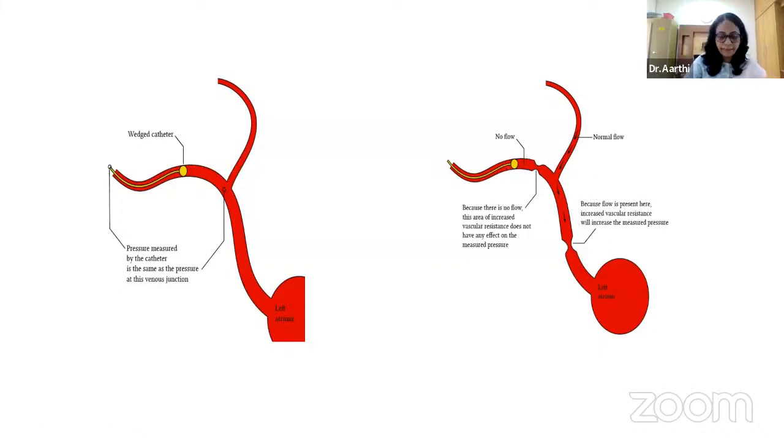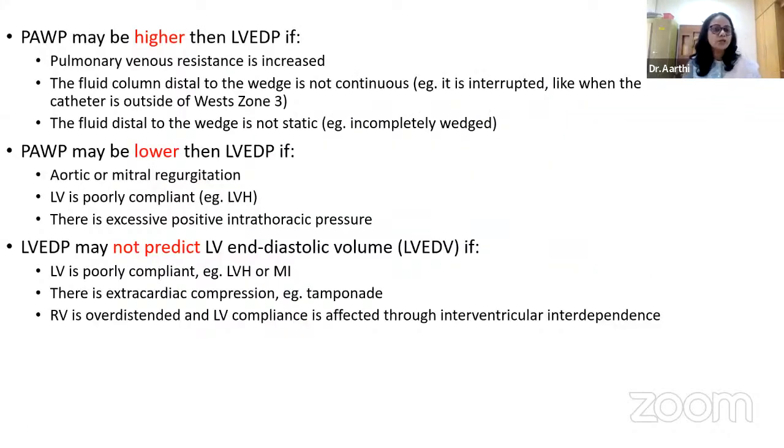Normally, the pulmonary arterial wedge pressure will reflect the left ventricular end diastolic pressure. But there are certain scenarios where it is not a direct reflection of the left ventricular end diastolic pressure. For example, when there is high pulmonary venous resistance, the distal